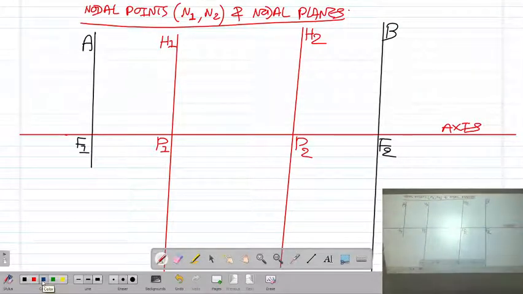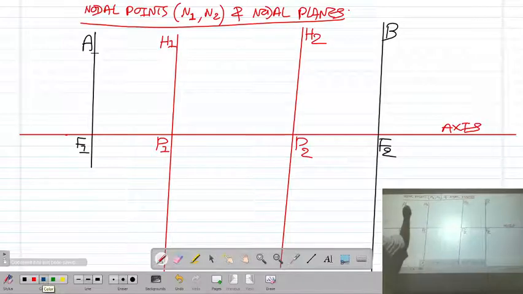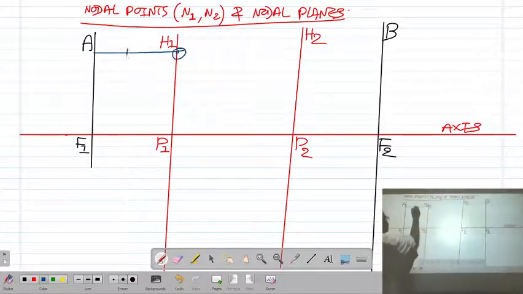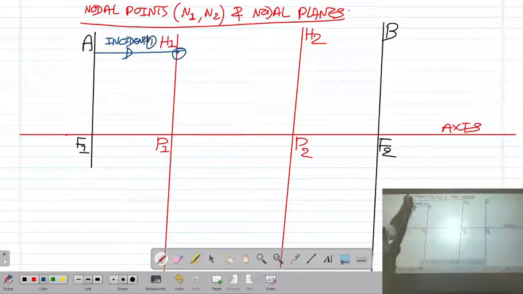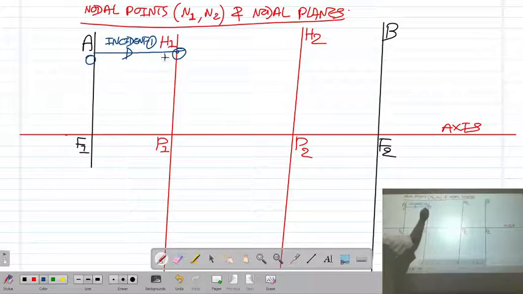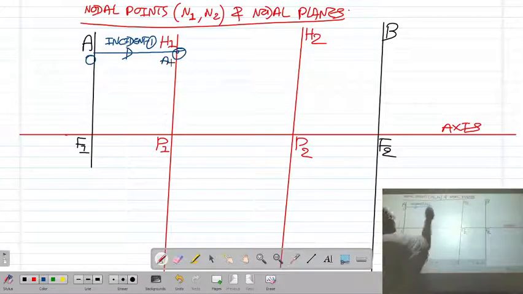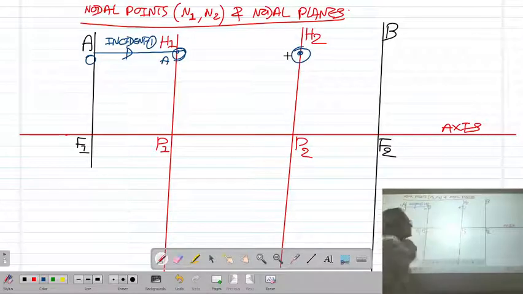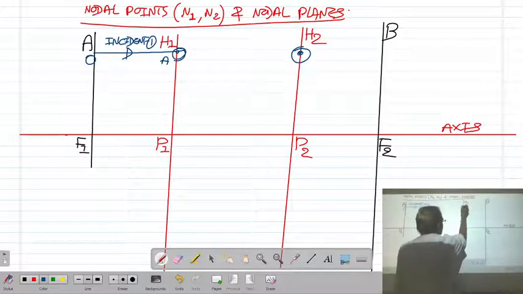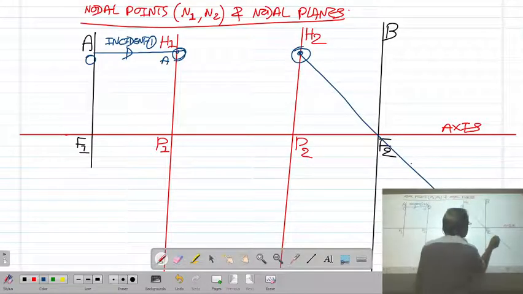Okay. Now I consider one ray of light OH1, traveling parallel to the axis. So this is the incident ray number 1. Ray of light OA is incident on the first principal plane at point H2. Then it undergoes refraction, and after refraction its conjugate ray will pass through the focal point F2. So this is emergent ray 1.